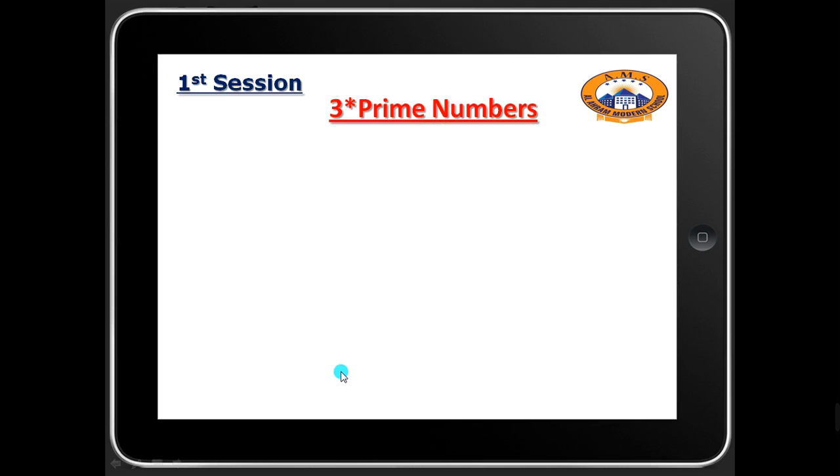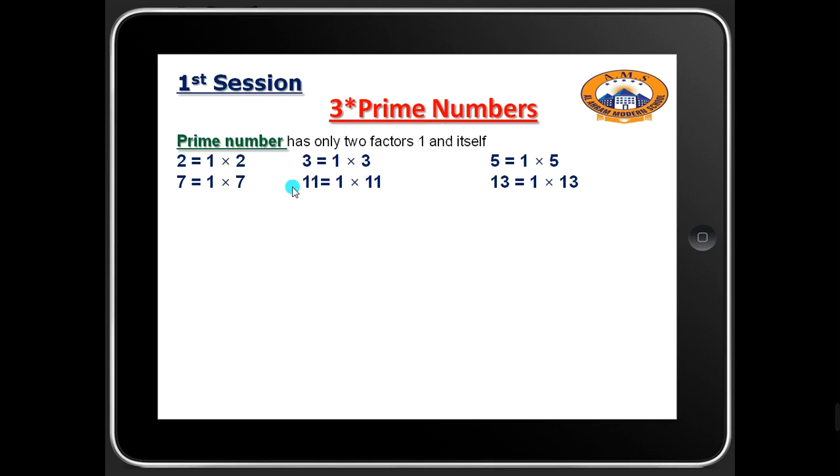Okay, another topic: the prime numbers. What are prime numbers? They are the numbers that have only 2 factors, the one and the number itself. So if I ask you, what are the factors of number 2? What are the numbers that, if you multiply them together,